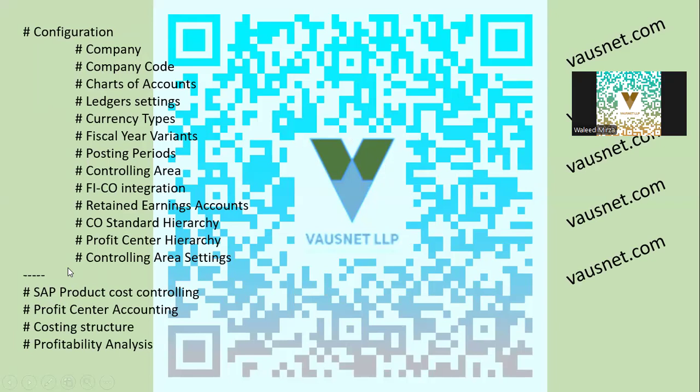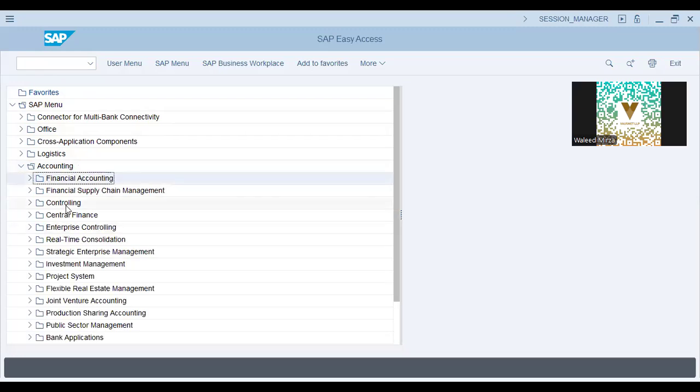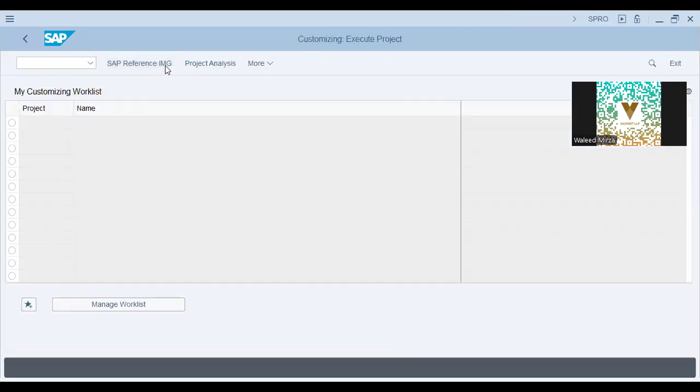And just to give an overview, we'll be covering product cost controlling, profit center accounting, costing structure, profitability analysis in the CO, plus cost center accounting. Okay. So let's start with configuration. For configuration, of course, we will have, for example, this is our front end. Okay. I'll go over the overview of finance and controlling later on. Okay. But let me just first